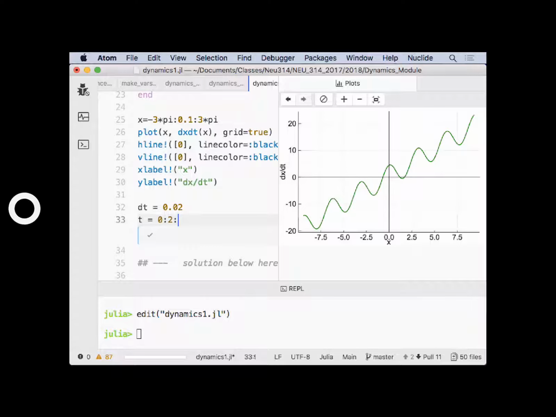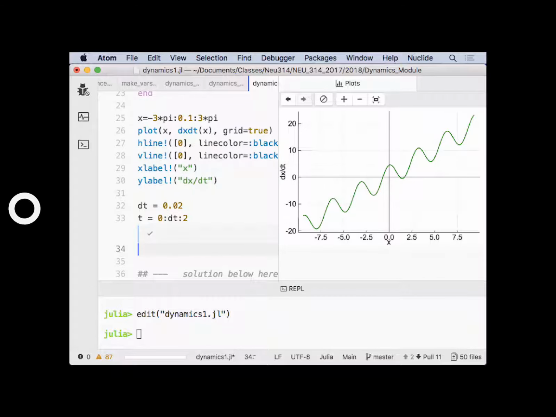Let me see what I did, since when I first did it, it looked reasonable, more or less. So we'll do that. What I'm writing right now makes a vector t that has time points spaced by dt that runs from 0 to 2. Okay. And let's make a vector that will hold